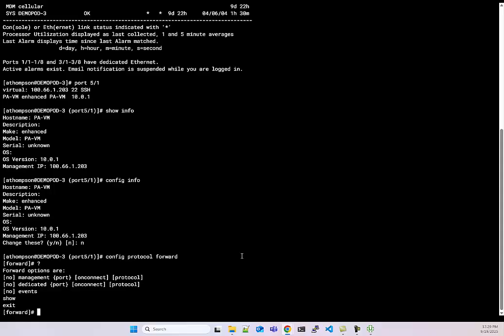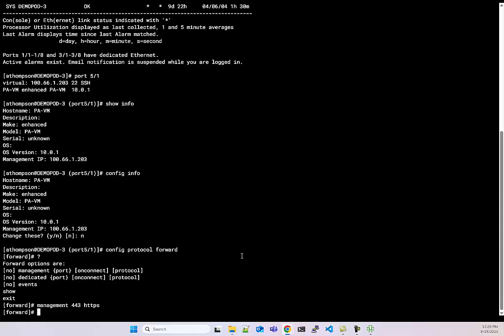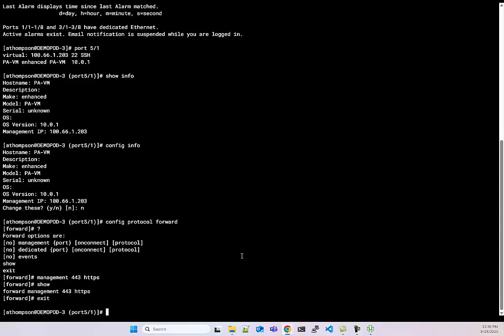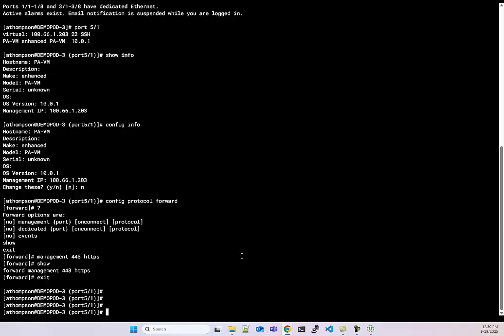So in this case it would be management, and then the port would be 443 for the secure web, and then we tell it HTTPS so that your operating system knows what program to use to handle that. Of course, show will show you your current settings, and exit gets you back out of the editor. So that's all that's required to configure that.